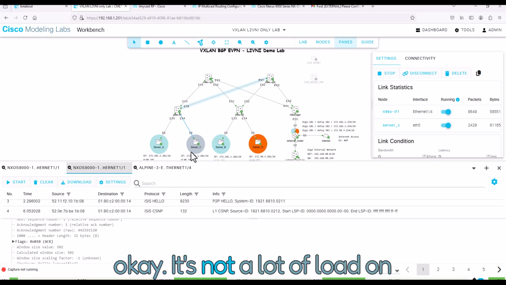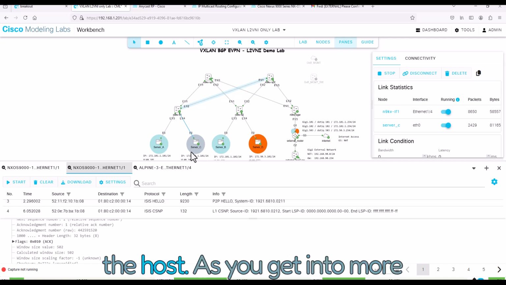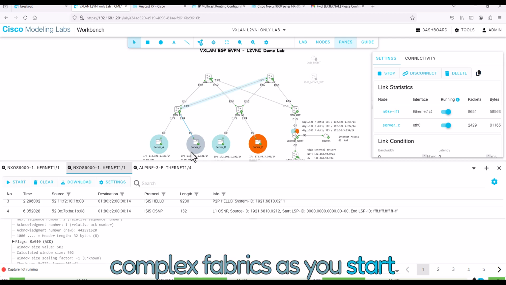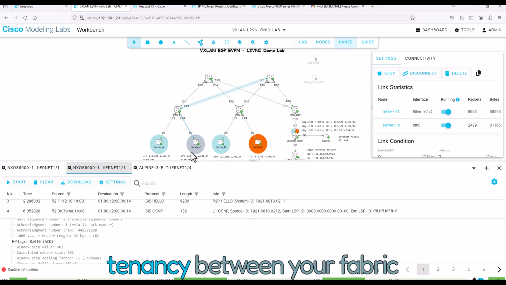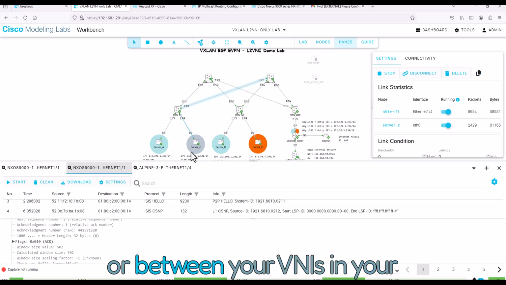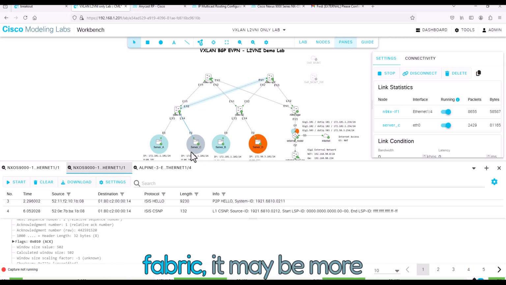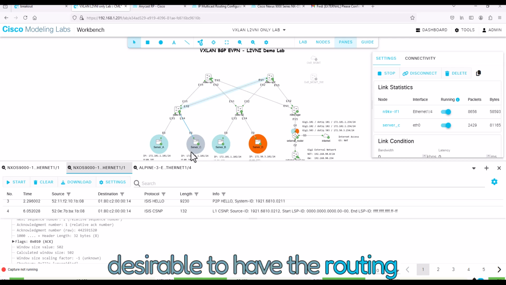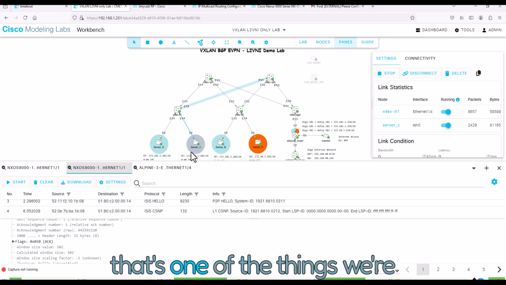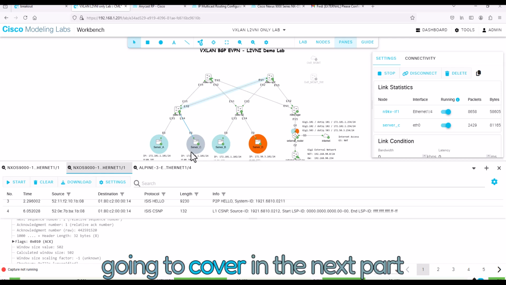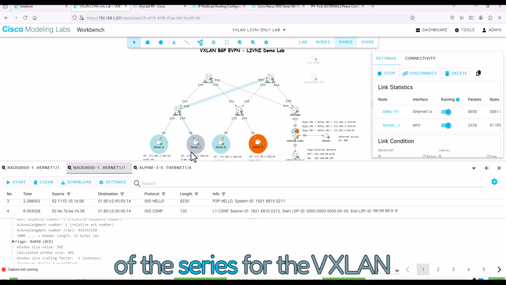You know, it's not a lot of load on the host. As you get into more complex fabrics, as you start wanting to build some multi-tenancy between your fabric or between your VNIs and your fabric, it may be more desirable to have the routing occur within the fabric. And that's one of the things we're going to cover in the next part of this series for VXLAN EVPN,